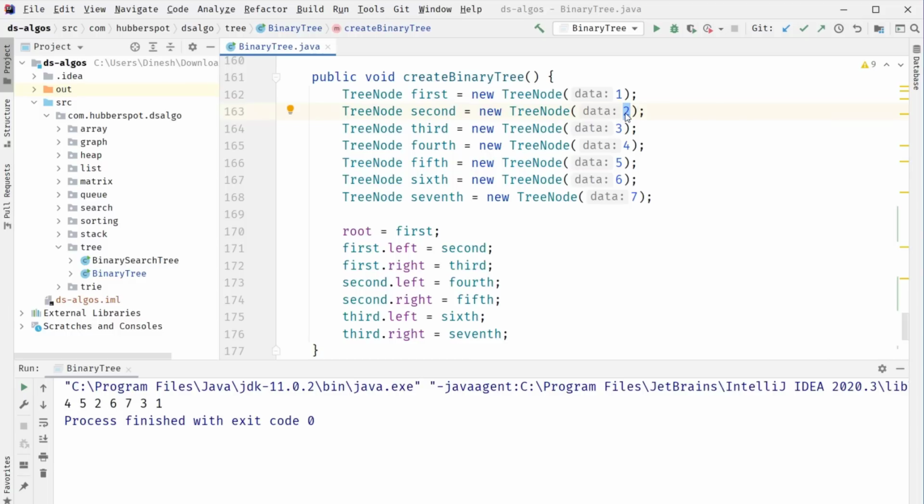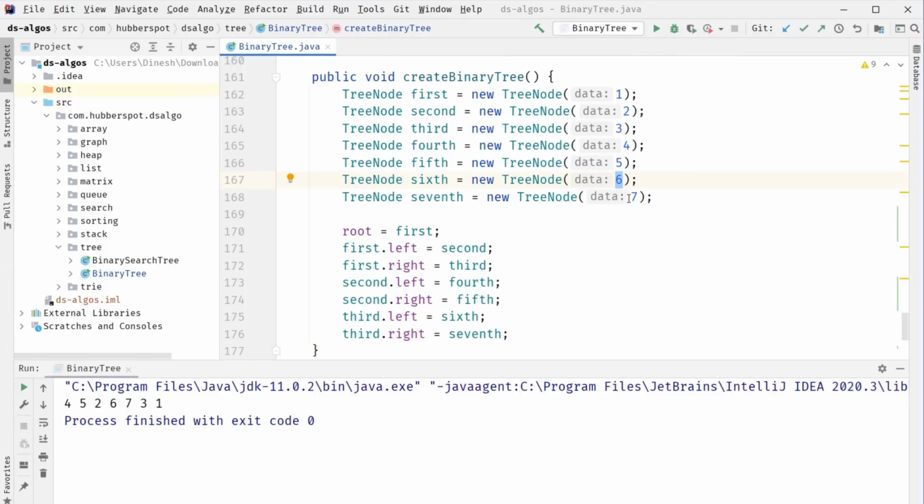Once we visited 2, we know that we have visited all the left children of the actual root. So now it was time to go to its right binary tree. When we went to 1's right, we found 3. We can't visit 3 directly because 3 has left and right children, which are 6 and 7. When we went to 6, we found that 6 didn't have any left and right children, so we safely visited 6.